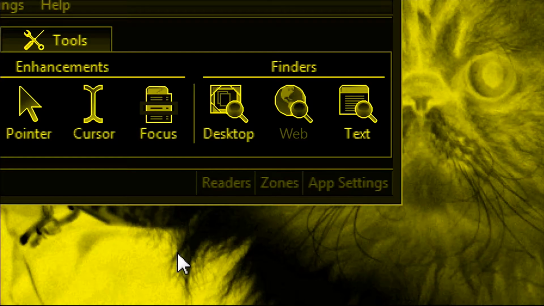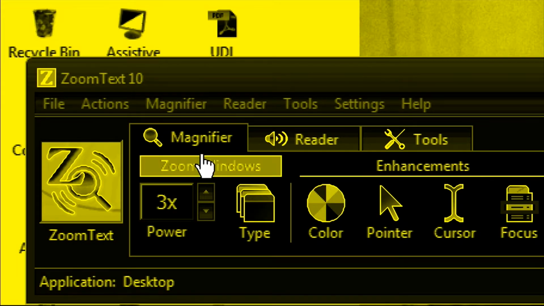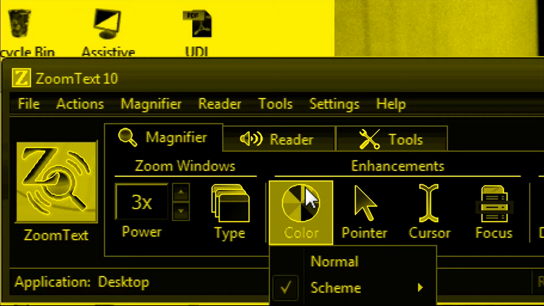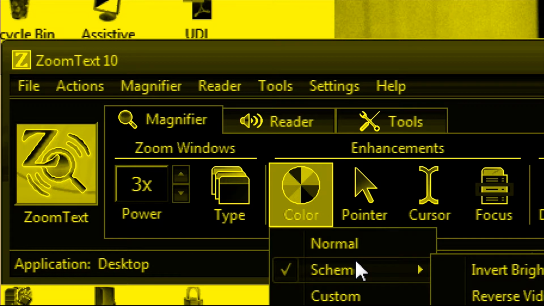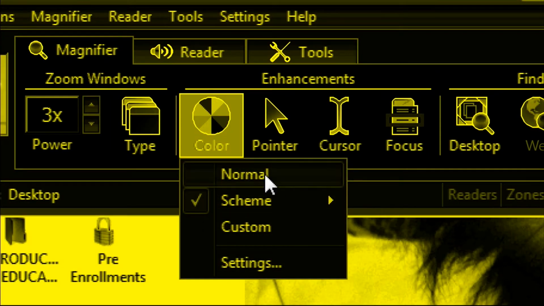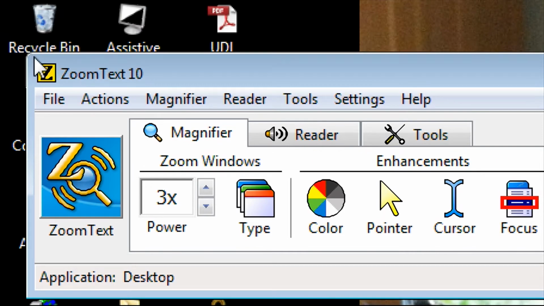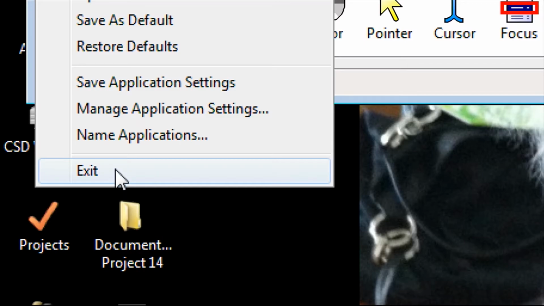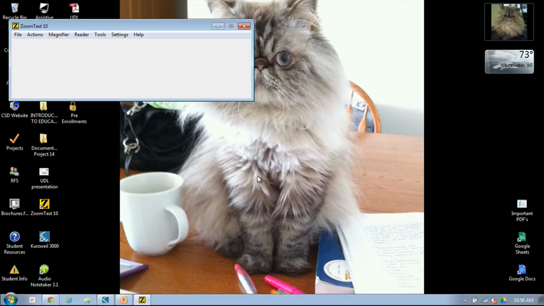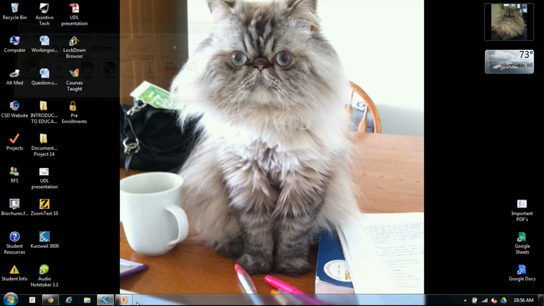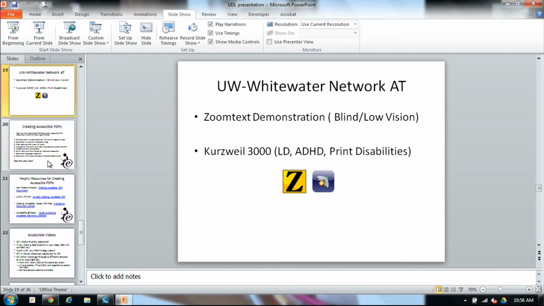You could do yellow on black, which is typically the most helpful if students have any type of contrast issue. I didn't want to spend much time on that because I want to get to more basics with course construction and accessible PDFs and whatnot.